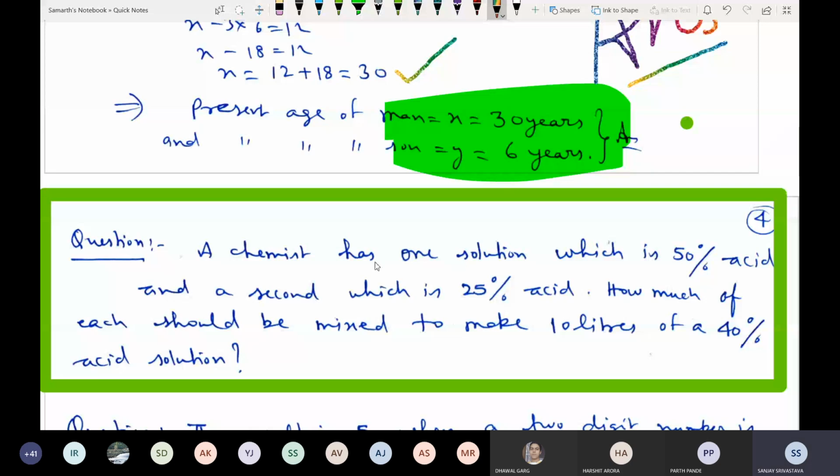Master Agransh Srivastav of 9C. You are not showing any working. Why is it so? Should I show? Yes, share the screen with me. Parth Pandey is sharing the screen just now.